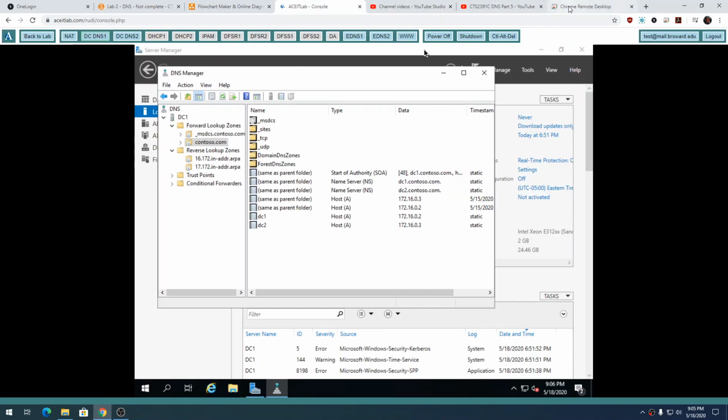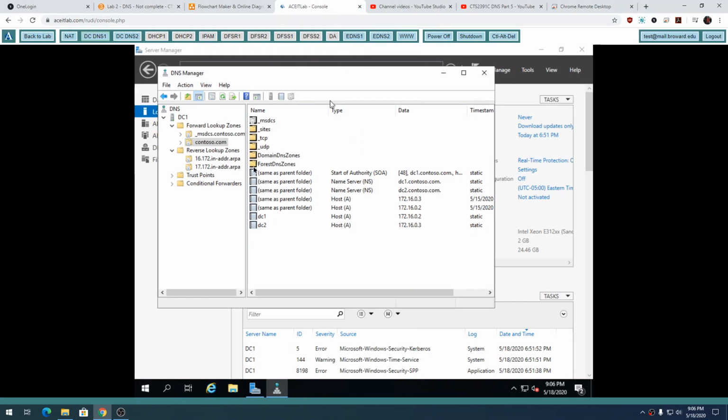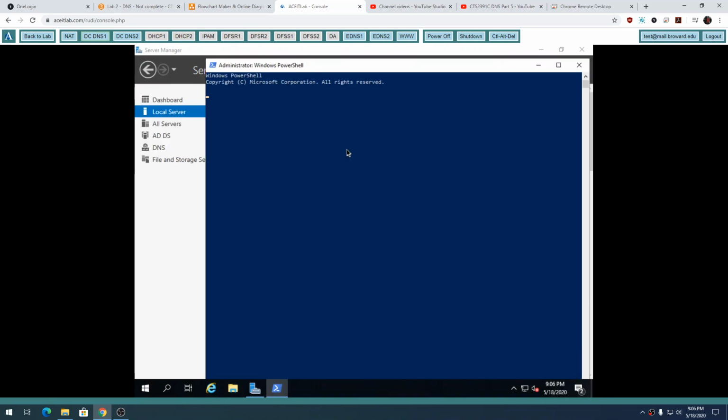Now, if a client sends in a request for www.google.com, it will send it to these two servers just like it did www.contoso.com. So right now, I'm going to go to this machine, which is a DNS client, to DC1 and DC2. So I'm connecting to myself, the IPv6 loopback. So if I resolved www.contoso.com,